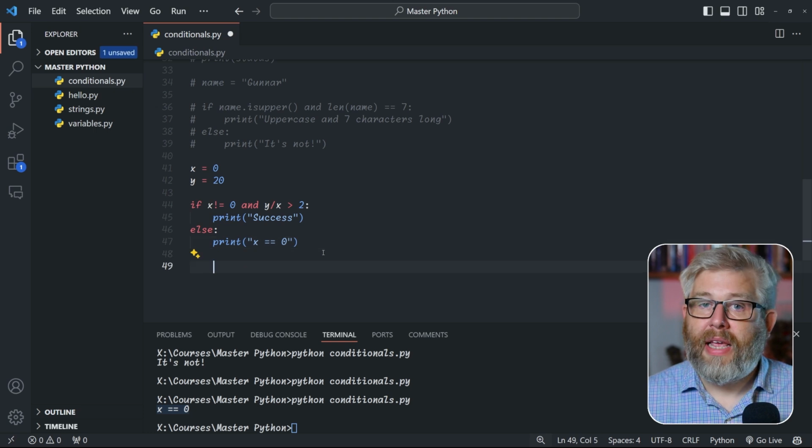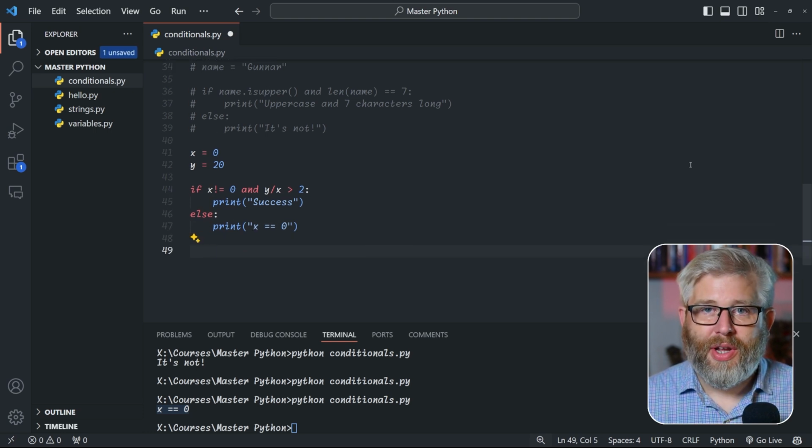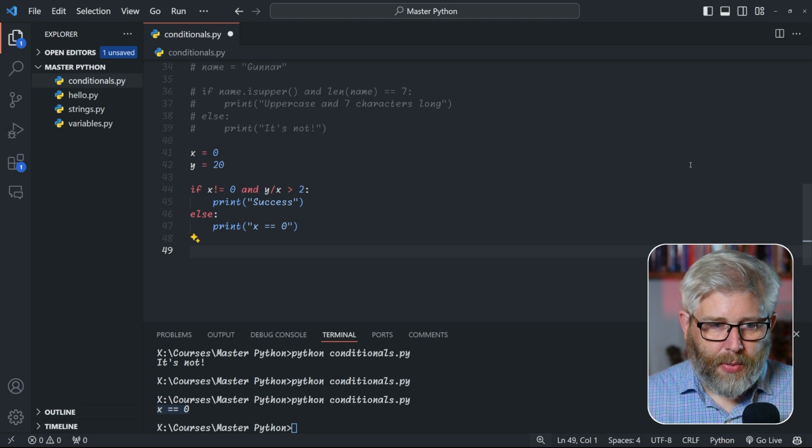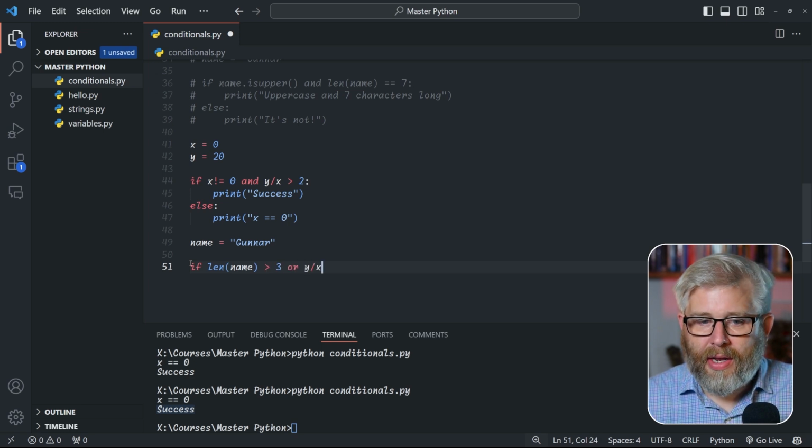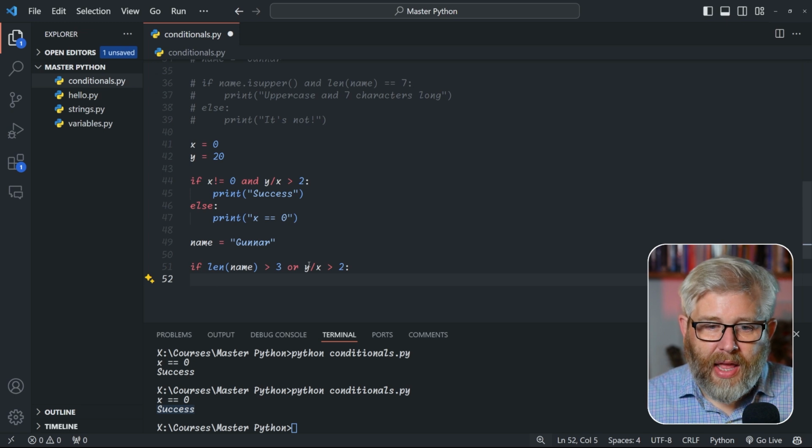You can do the same with OR statements. For OR statements to be true, one of the two conditions has to be met. So if we go again, name equal Gunnar, we can go if length of name greater than 3 or y divided by x is greater than 2. So we have our example again. This should evaluate to an error because x is 0 and we can't divide by 0. And here we can go print success,